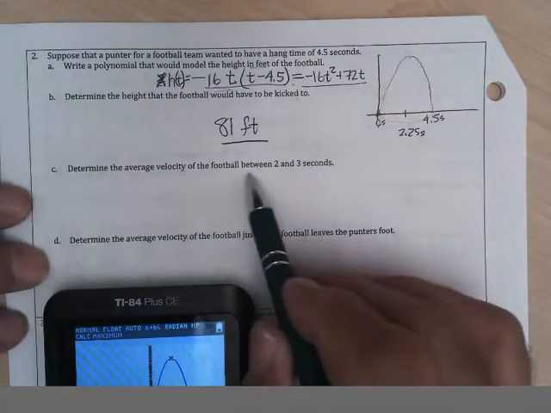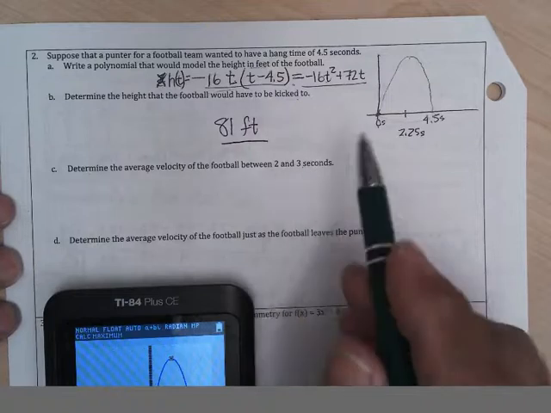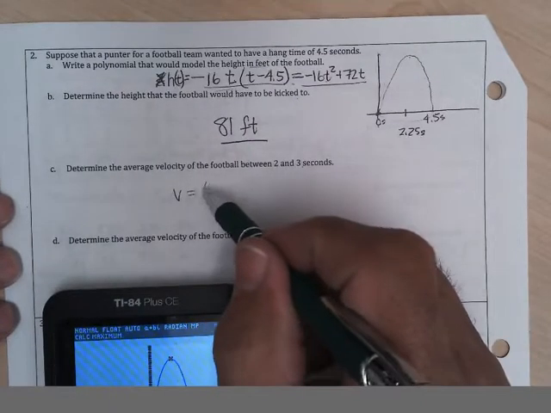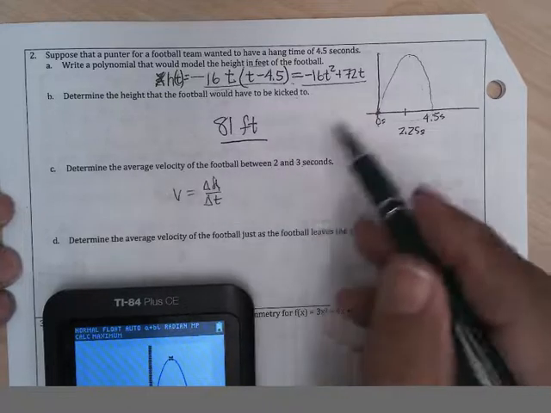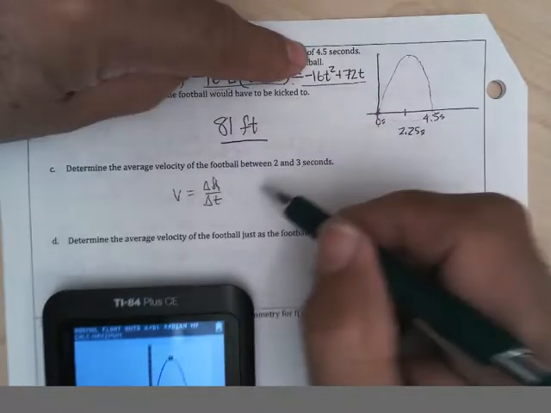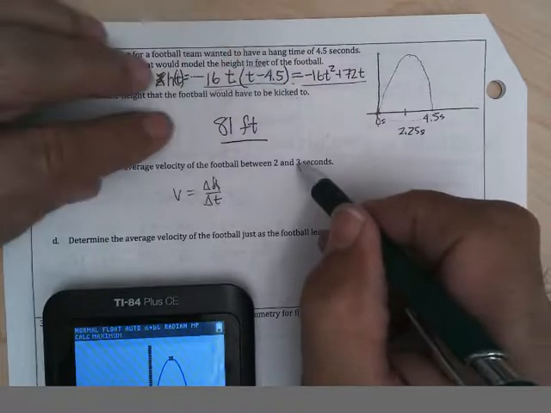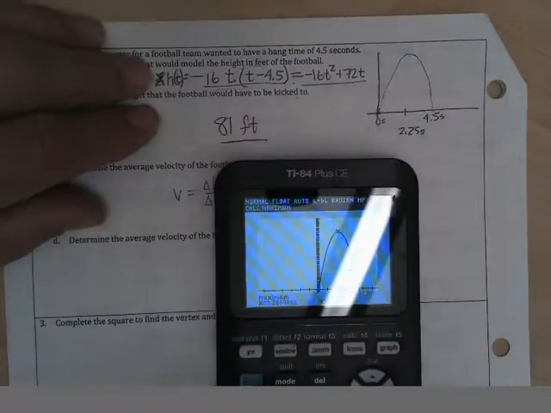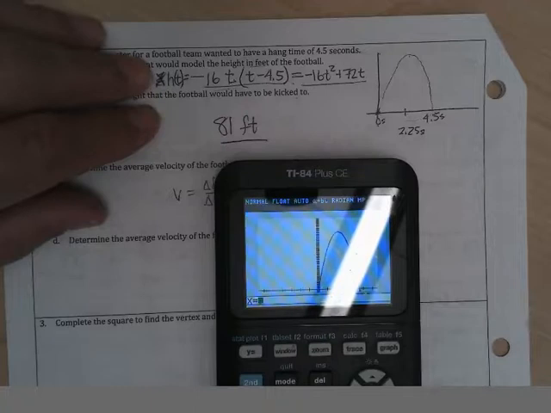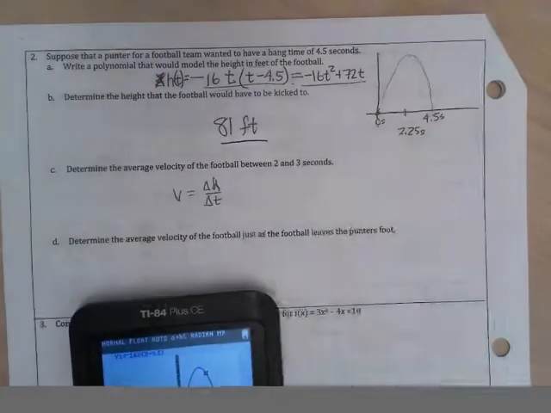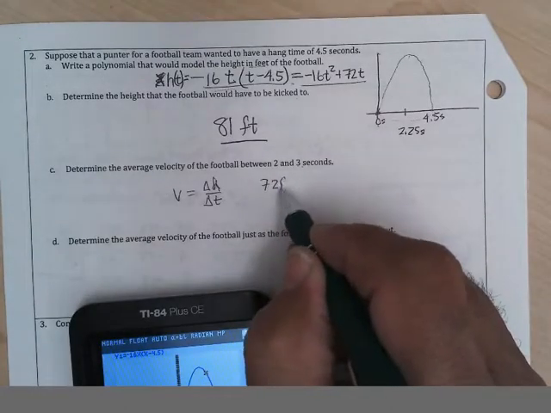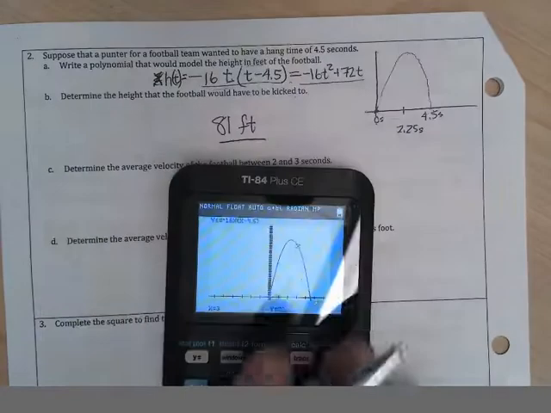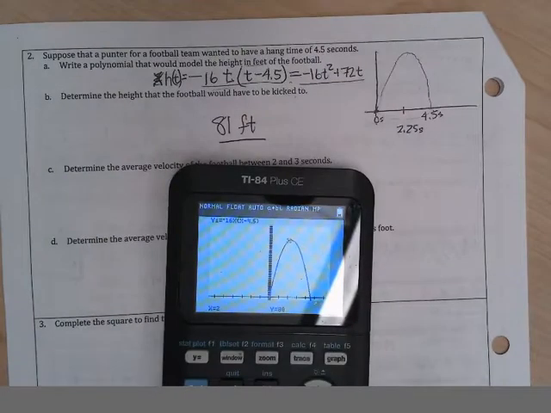Determine the average velocity between 2 and 3 seconds. Well, velocity is change in distance over change in time, or change in height over change in time. So I'd have to figure out the height at 3 seconds. If I got it in here, I can go second, calculate, the value at 3, and it says it's 72. At 3 seconds, it's 72 feet, minus at 2 seconds, it's at 80,